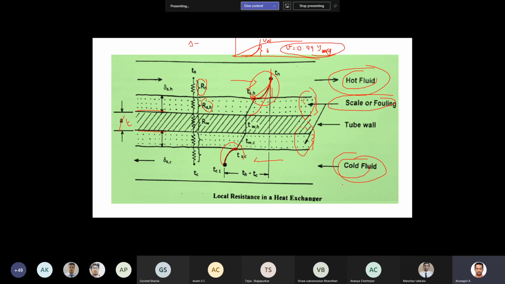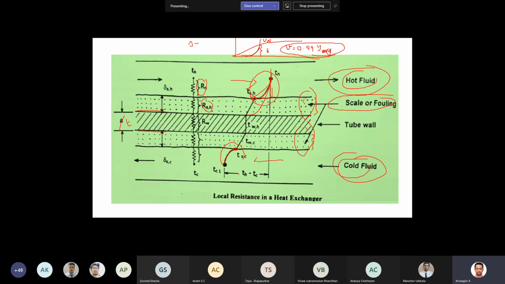In freeze fouling, sometimes higher melting components in the fluid freeze on the surface, especially on the cold fluid side. If the cold fluid has higher melting points and the temperature reduces below its freezing point, freezing of the fluid will take place on the surface. This leads to fouling. These are all different types of fouling.